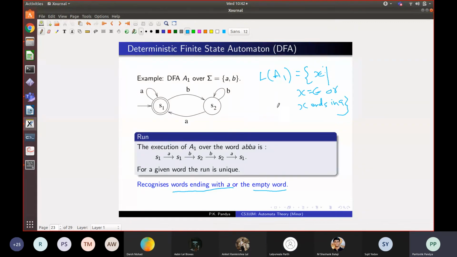So a typical question in this part, and you will get lots of practice of this both in homeworks and in quizzes and in exams, is that you will be given a language like this and you will be asked to construct its automaton. Or you will be given an automaton and you will be asked to write down its language. Or you may be asked questions like, is a given word accepted by the automaton, or does the given word belong to the language, or given a language and an automaton, are they the same? That is, do they have the same language? Okay, these are the 5 types of questions that you will have for deterministic finite automata, right?